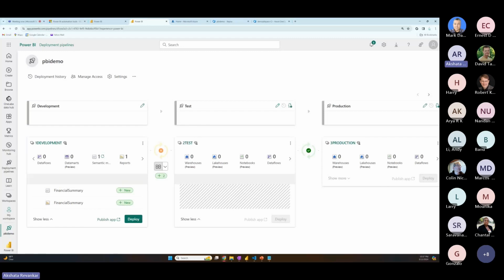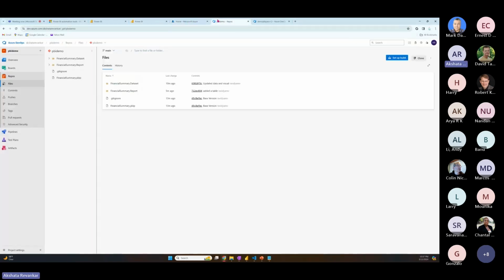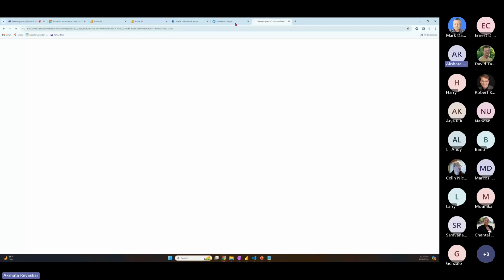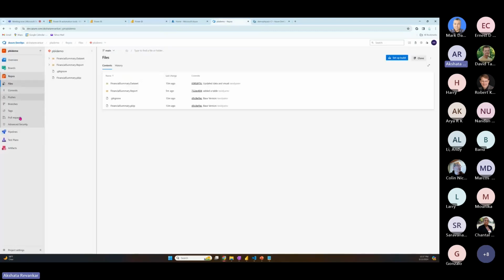Okay, so now we are next ready for Azure DevOps to set up the, if I may say, to set up the deployment pipeline, and that will be done in this space. But before I go into that,